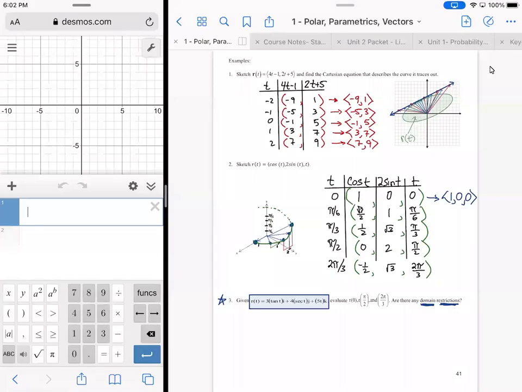And now we're going to do something with those vector valued functions. That's really kind of the whole point. All right, so